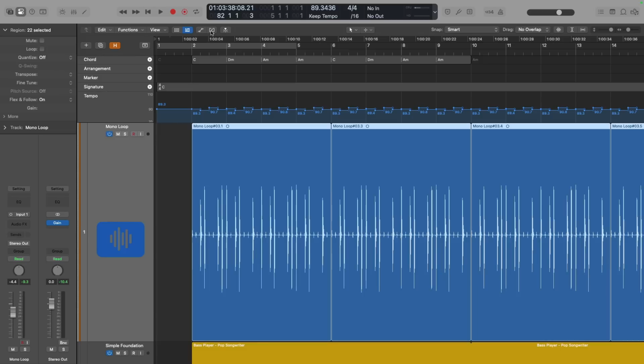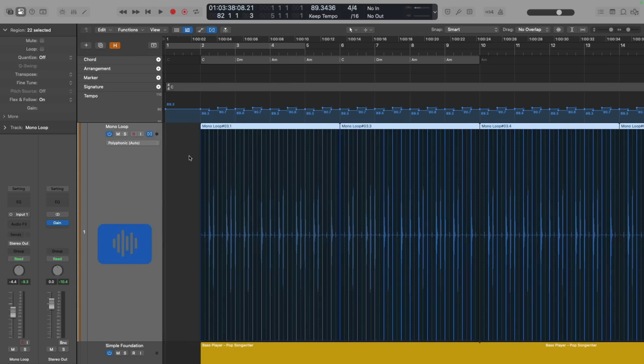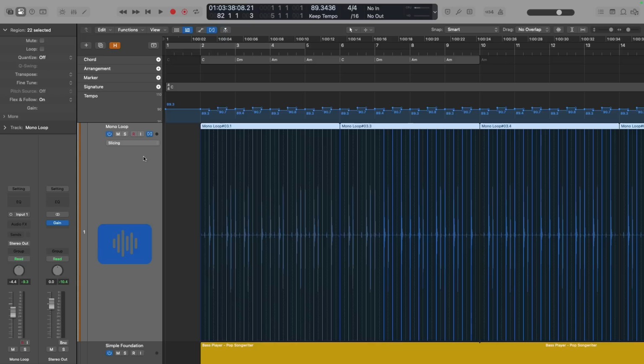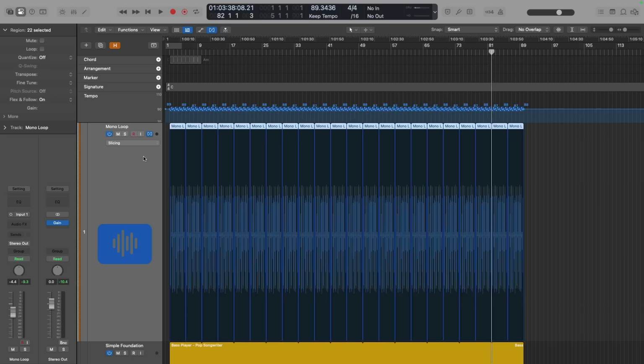And then we'll reveal Flex here in the tracks area. Notice these blue lines, and these indicate tempo. They're tempo markers. I want to make sure to set, in this case, the Flex mode from polyphonic to slicing. Because it is a drum loop, slicing mode tends to be the best option for drums. And now, if I select all of my tempo nodes